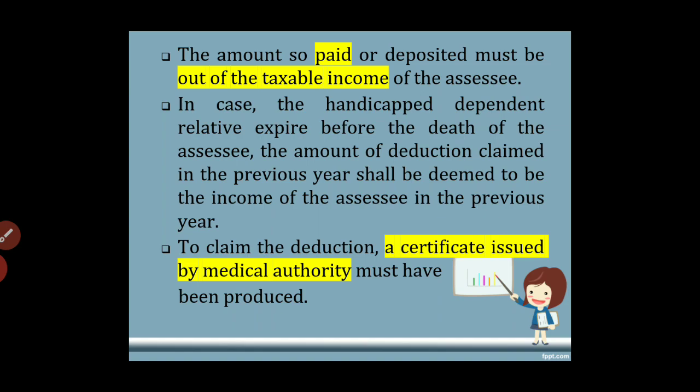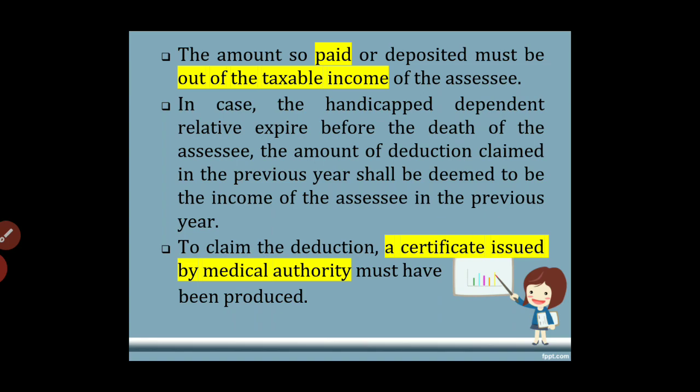યર ઇઝ ઓફ 12 months, એમાં આફ્ટર 5 months ઓર 6 month જો એ હેન્ડીકેપ્ડ પર્સન છે, રિલેટિવ છે, એમની ડેથ થઈ જાય છે, એક્સપાયર થઈ જાય છે, તો પછી એ ડિડક્શન જે તમે એવરી યર ક્લેમ કરી શકતા એ હવે ક્લેમ કરી શકશો નહીં. તો આ જો ક્લેમ કરેલ હોય ડિડક્શન, તો અગેન એને તમારી ઇન્કમ તરીકે ટ્રીટ કરવામાં આવશે એન્ડ ઓન વિચ યુ નીડ ટુ પે ધ ટેક્સ ટુ ધ ગવર્મેન્ટ. ઇટ શેલ બી ટ્રીટેડ એઝ ધ ડીમ્ડ ઇન્કમ. દેટ મીન્સ કે ડિડક્શનમાંથી ફરી પાછી એમને છે ઇન્કમ તરીકે કન્સિડર કરવામાં આવે છે એન્ડ યુ વિલ નીડ ટુ પે